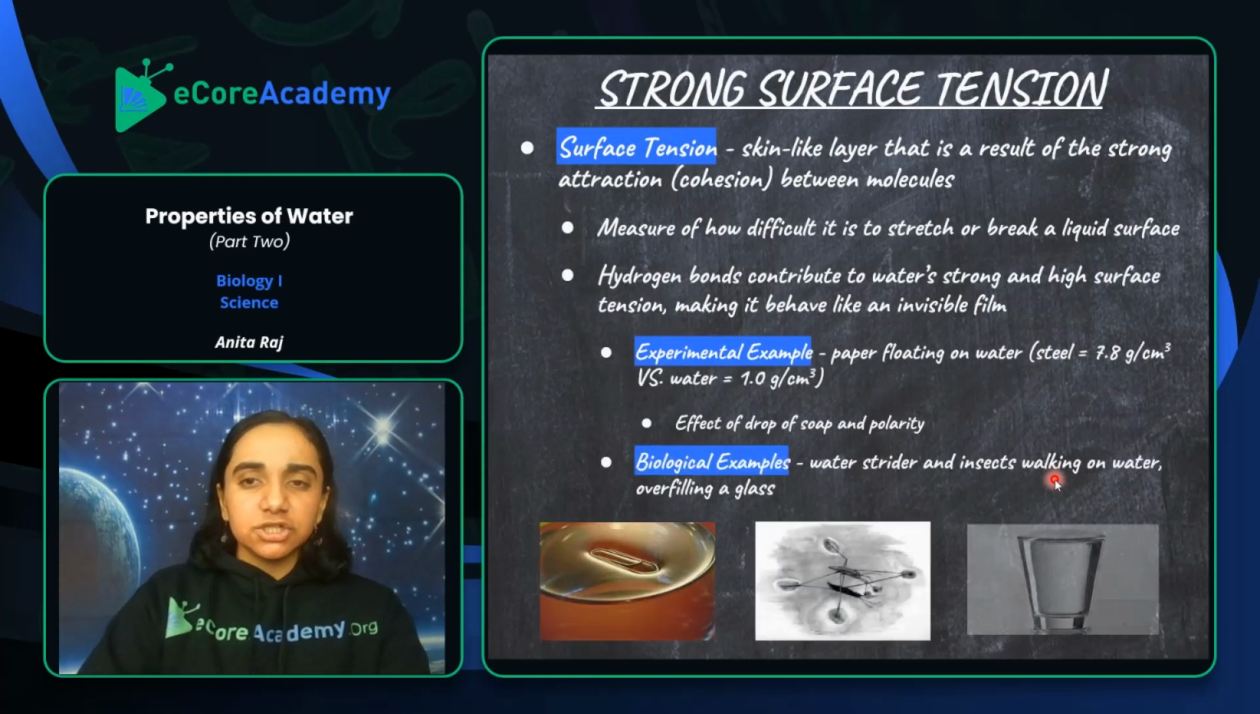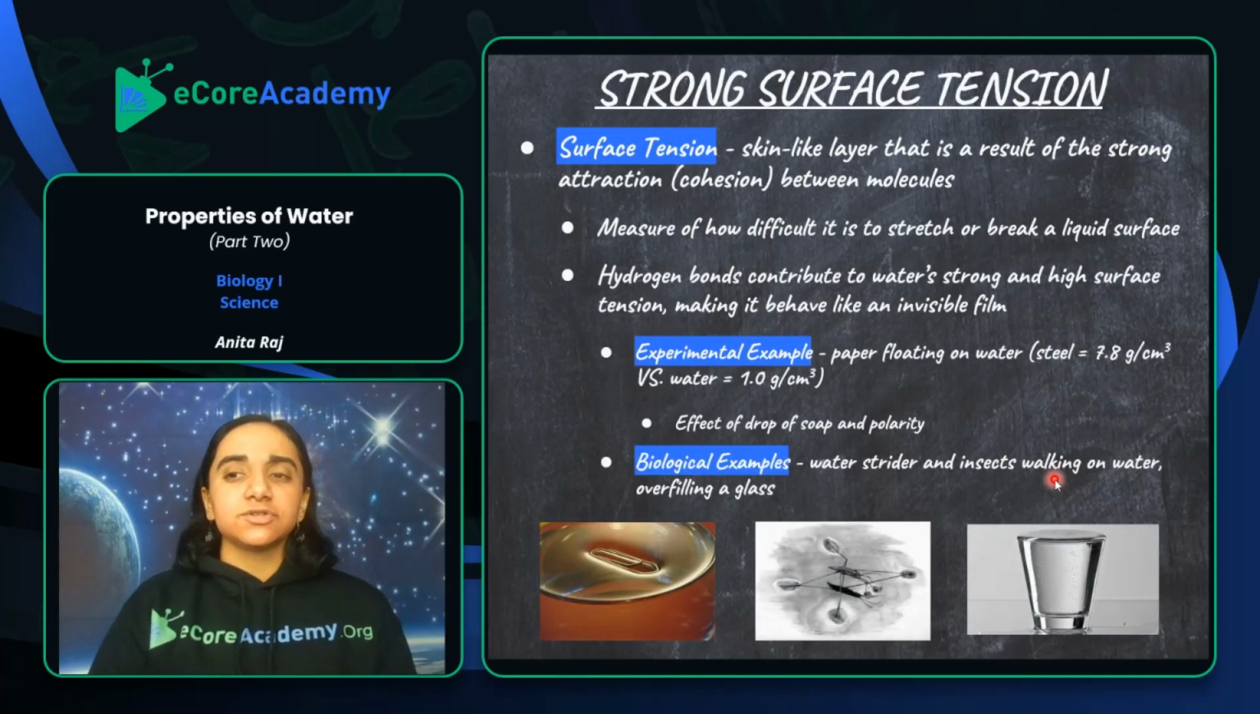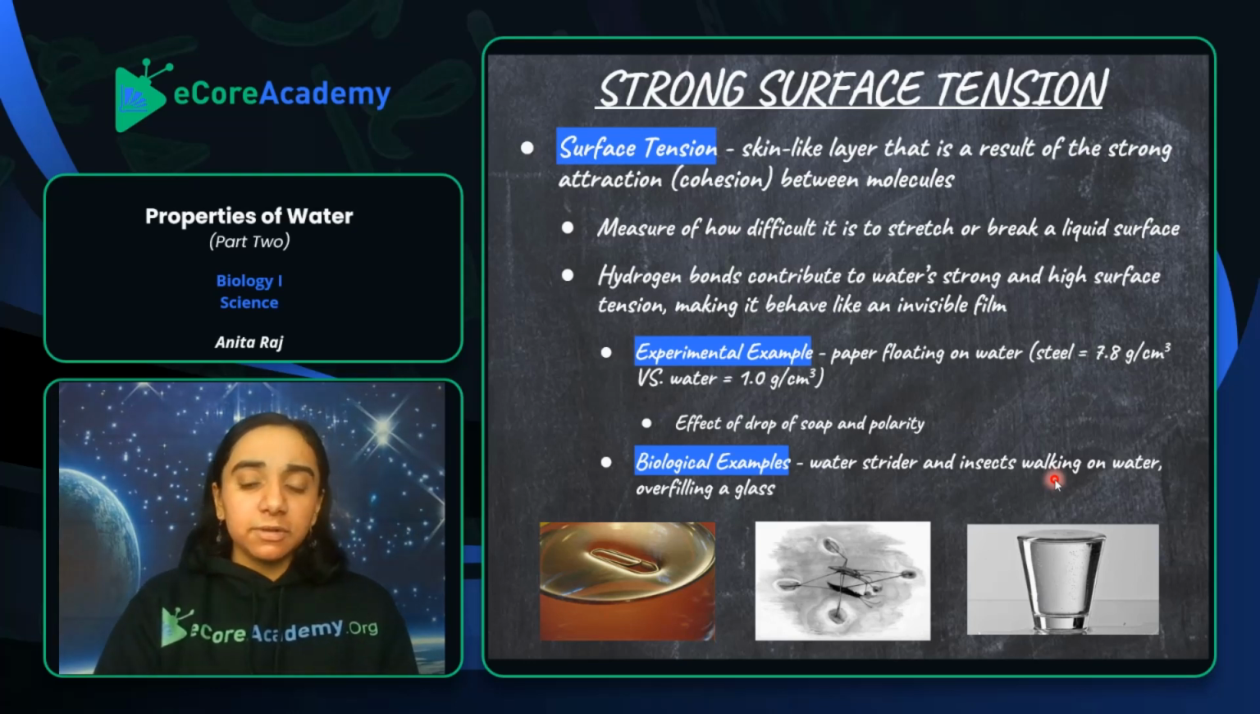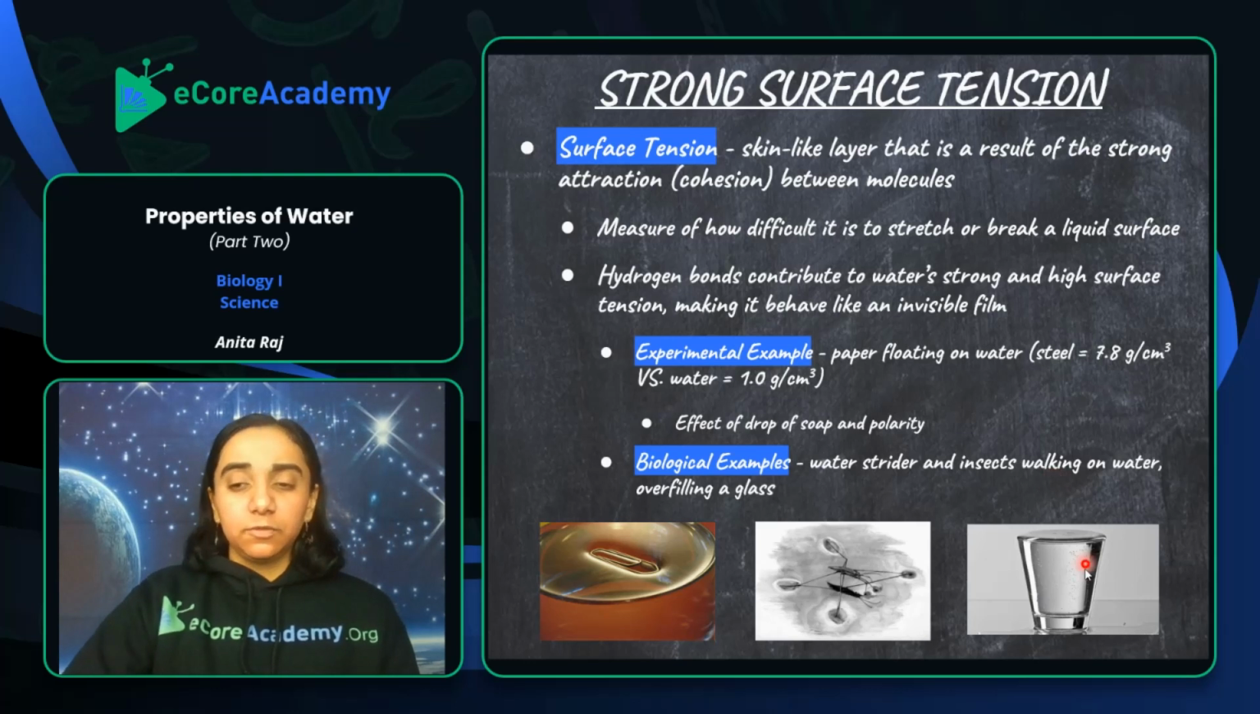Surface tension is pretty much a skin-like layer that is a result of the strong attraction and cohesion between molecules. If I fill up a glass with water, like you see here, at the top, if I fill it to the very brim right before it's going to overflow, you'll see that there's almost like a bubble that forms at the top. It's like a skin. Scientists think of it like a skin-like layer,